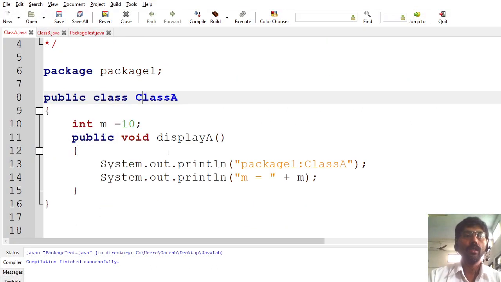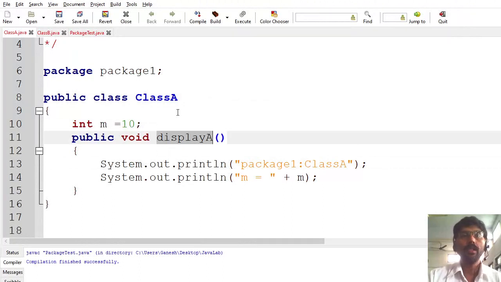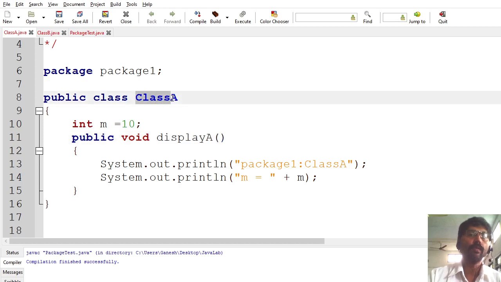I have written the class with a data item m and one method called displayA. This is just a simple class to demonstrate a package. I have to save this class in a file called classA.java.